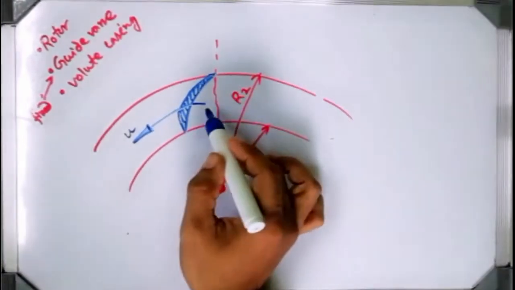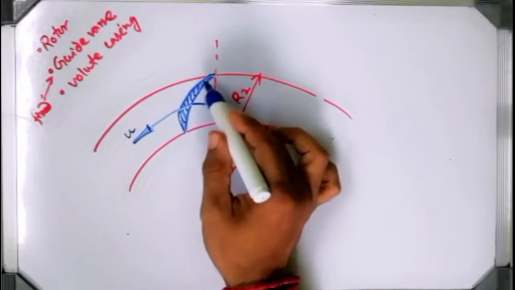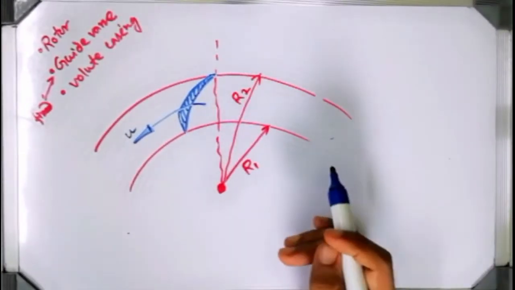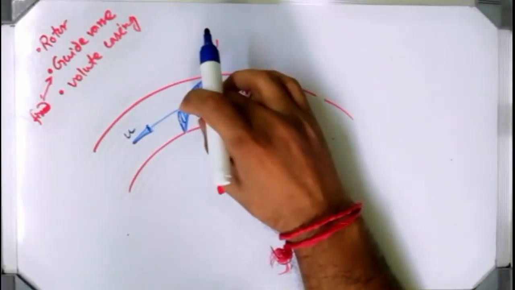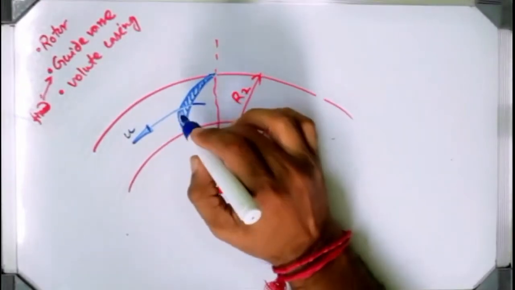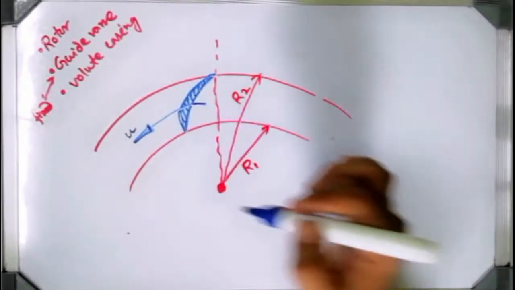Because you can see the rotation is occurring in this direction and the blade is bent in such a way that it is a kind of backward curvature. Okay, I will come on to that part afterward, what is backward and what is forward curved. Now know that mostly we use backward curved when this is the rotation of the impeller.